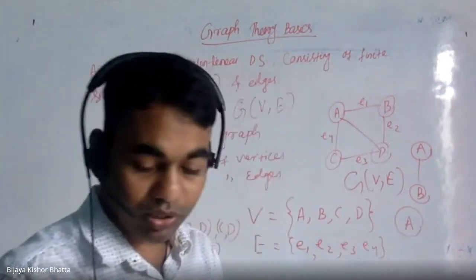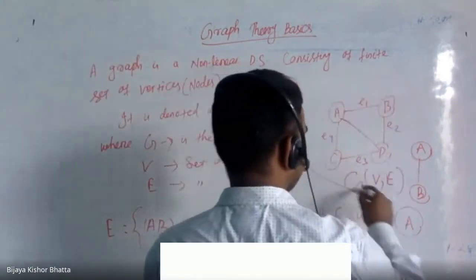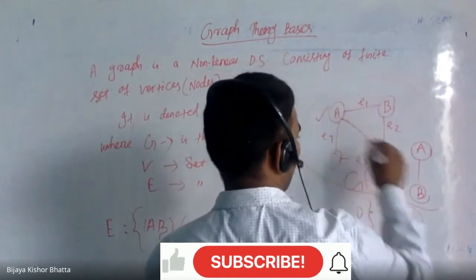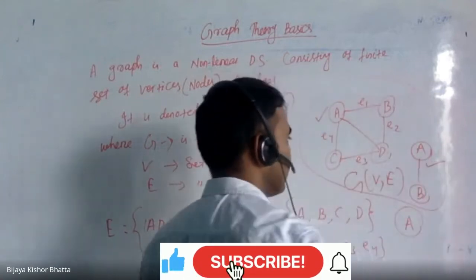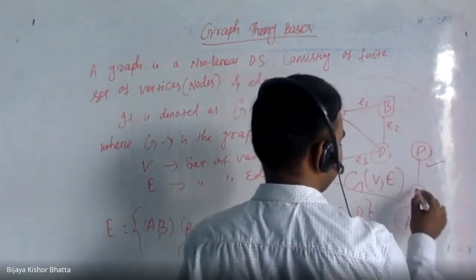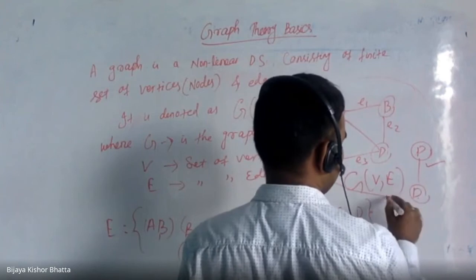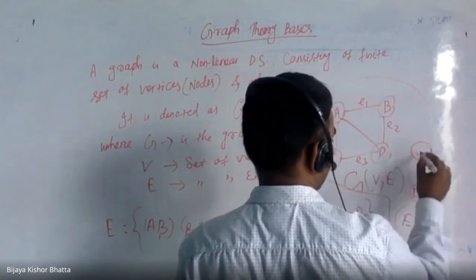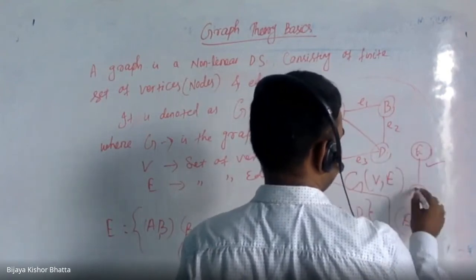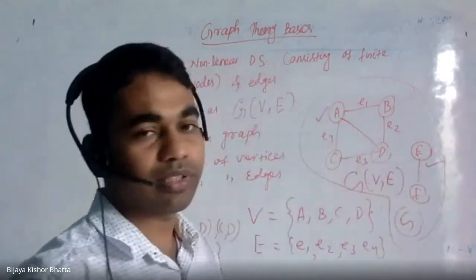Okay. So then can I say, suppose this combined is a graph? Suppose this is one component and this is another component. Let me make it DE, because AB is already there. And suppose FE is also there, and F, G. The whole thing, can I say it is a graph? Yes, I can say so.